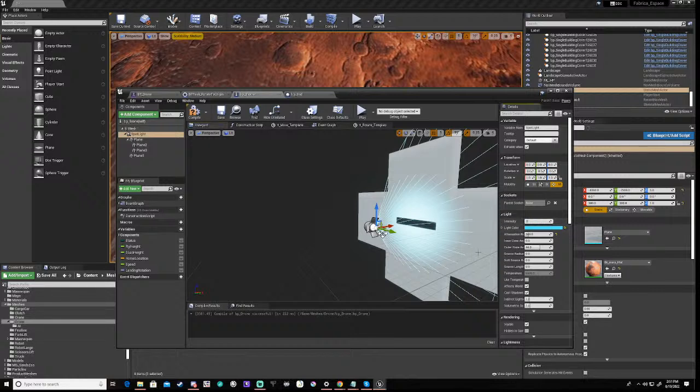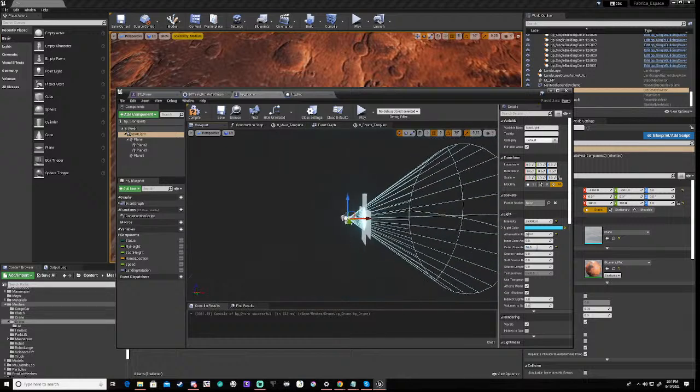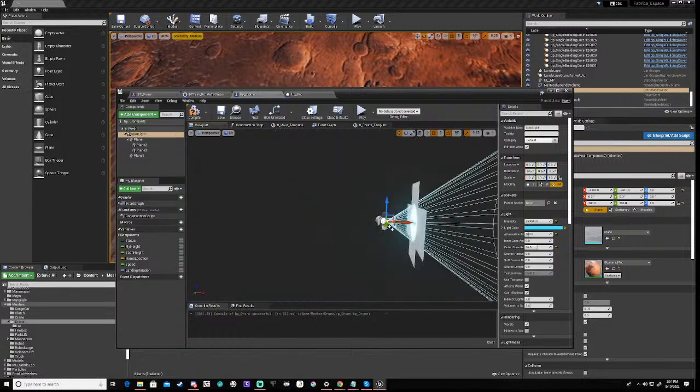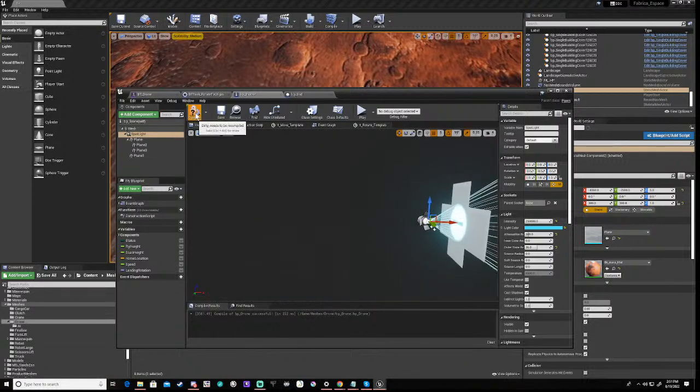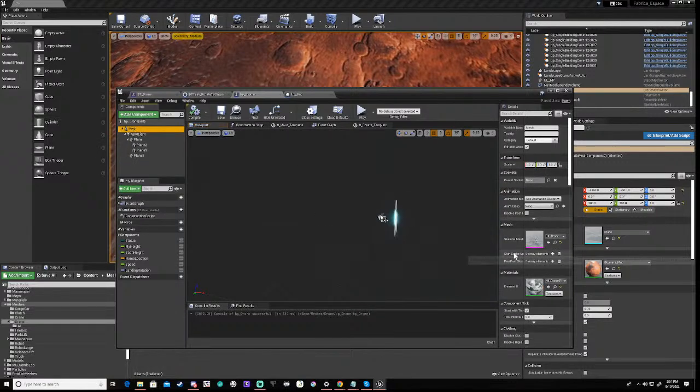Right, and we're going to change this to 250123 just for a laugh. Oh, that's a bit bright. But we like it. And the interesting thing now is, if we save that, right, and we go back to our mesh,